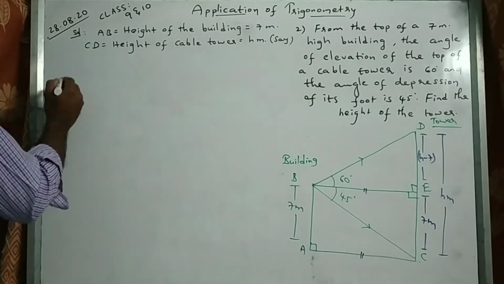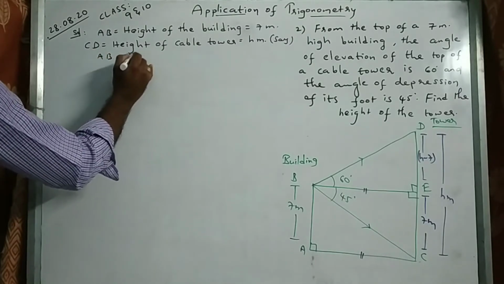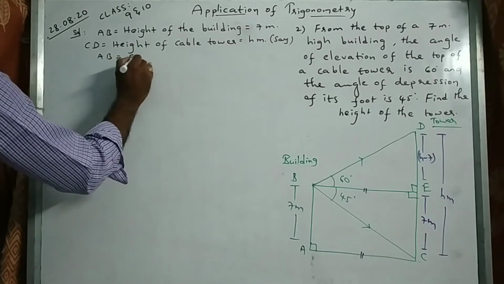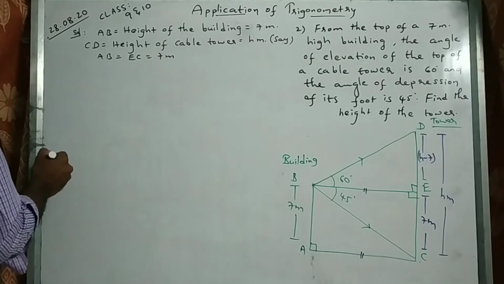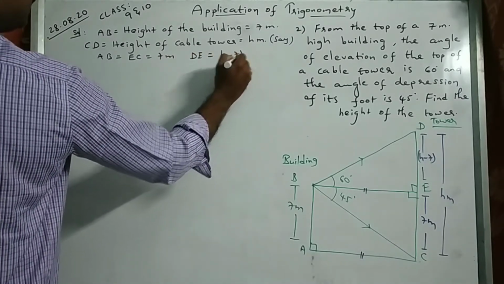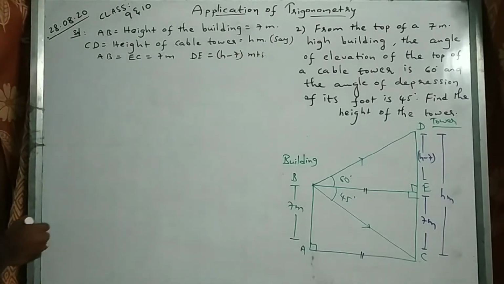Okay. So AB equal to EC equal to 7 meters, and DE will be H minus 7 meters. Okay. Now from the figure,